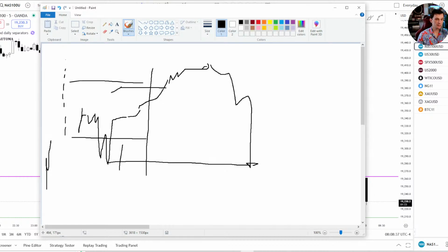Sometimes this will be an inside bar. This could be an inside day on day 2 of the cycle. It could be presented as an inside day. Day 2 could be presented as a first red day. We have the lower low on day 1 of the cycle. And then day 2 of the cycle, we could come up and, where's the thing? There it is. They could have come up and closed maybe something like this.